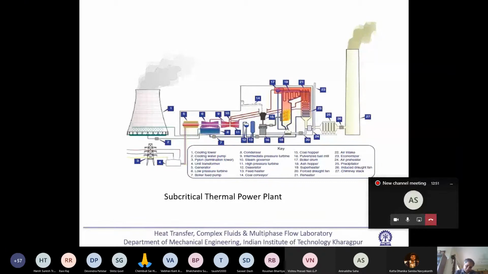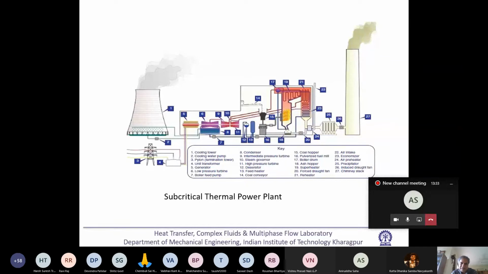You see, what we are seeing, I am sorry, the figure is a little bit small, but we will see these subsystems later on, and I will show you an animation after a few days. So what we are seeing is a bird's eye view of a coal-based subcritical steam power plant. All right. So in the subcritical steam power plant, I like to explain with the help of this diagram the